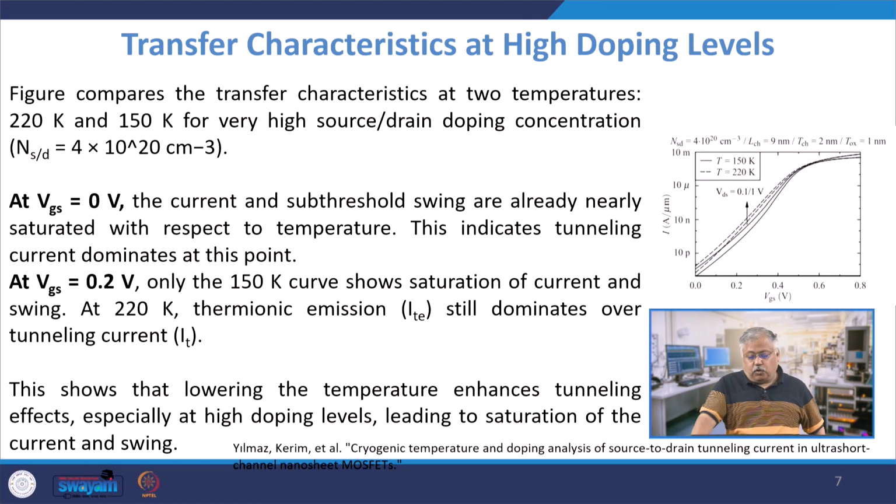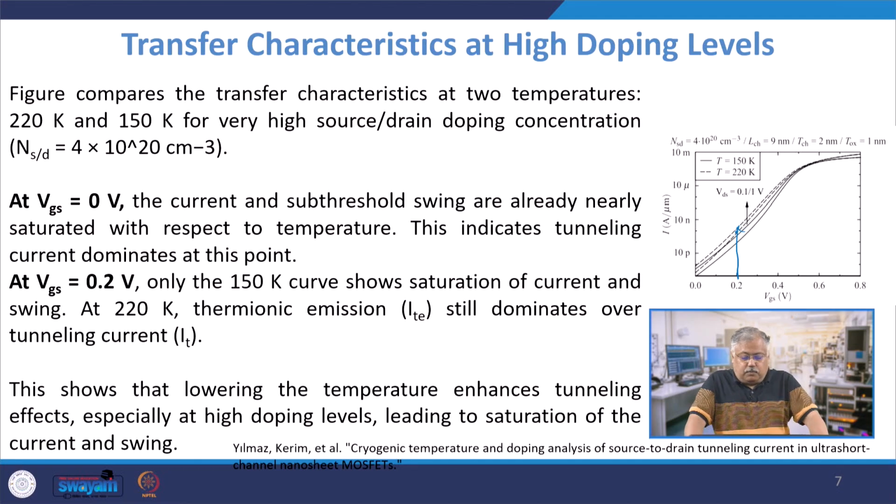At VGS equals 0.2, somewhere in the linear region here, as you can point out, 150 Kelvin almost shows, if not a saturation, the saturation swing almost sees a change, which means that it is almost linear, right. It is del ID del VGS, and this is basically a log scale on the y axis. So what we are getting is that the thermionic emission still dominates over the tunneling current. So your tunneling current is much higher at very, very low VGS, but